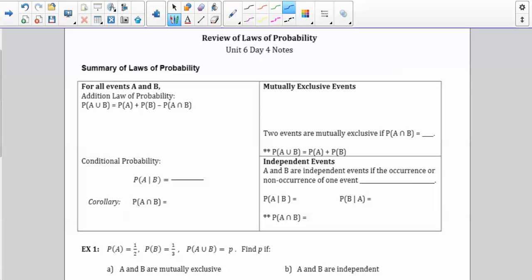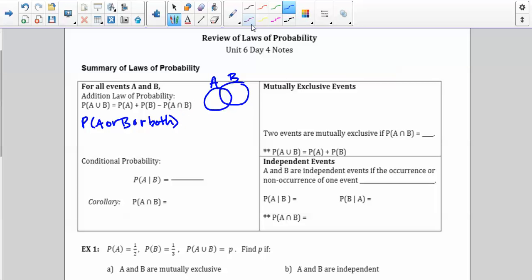Okay, in day 4 of our probability unit, we're going to summarize the laws of probability that we learned in days 1 through 3. So first we're going to talk about the addition law of probability. If you have two events, A and B, here's event A, and here's event B. The probability of A or B happening, or both, A or B or both,